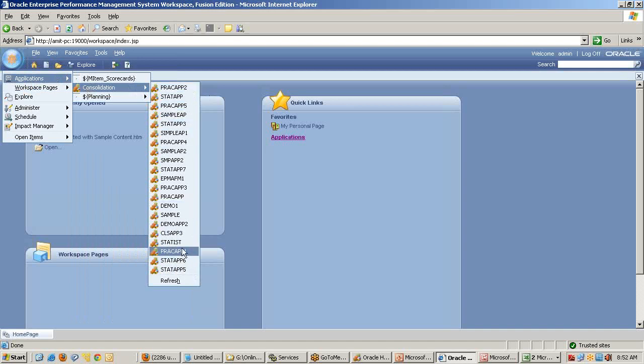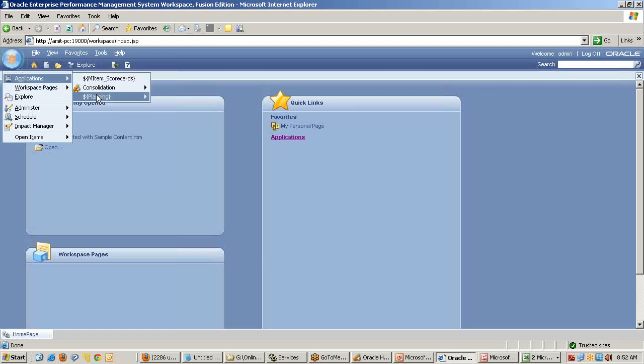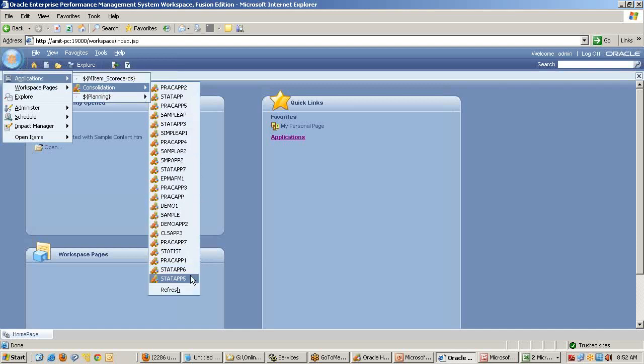Refresh it if it is not visible. Application would be listed over there. Yeah, practice application 7. This is my application.